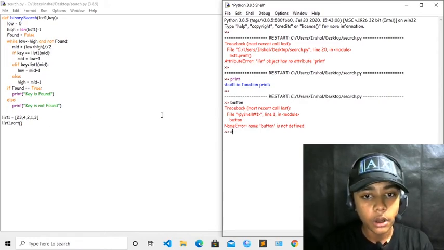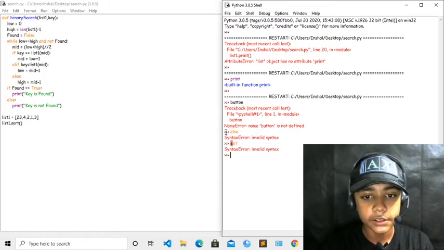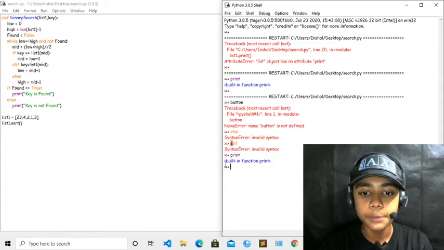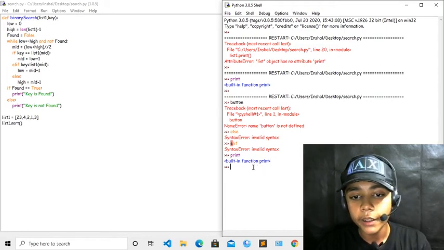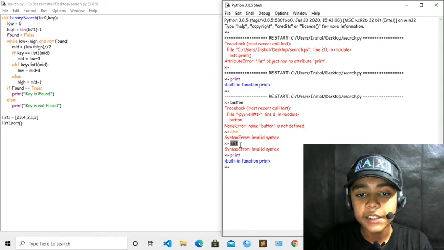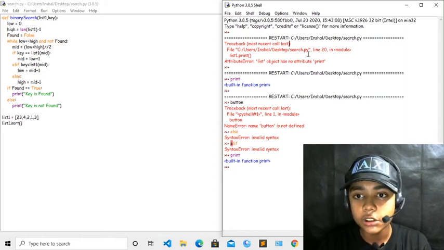And else over here also gives an error. Now if you define print over here, you can see the built-in function, because print is used many times and we all use it for printing. These are not main functions in Python, so these are syntax errors.